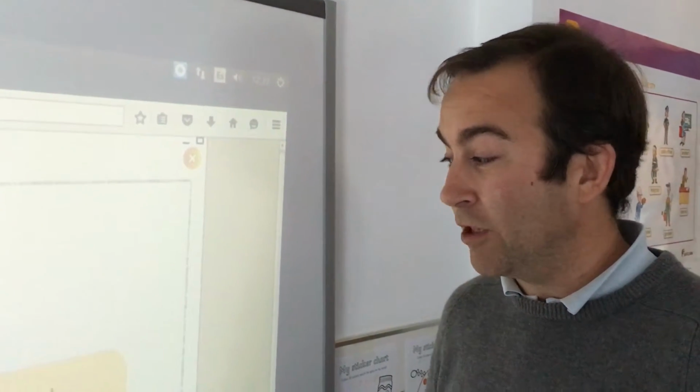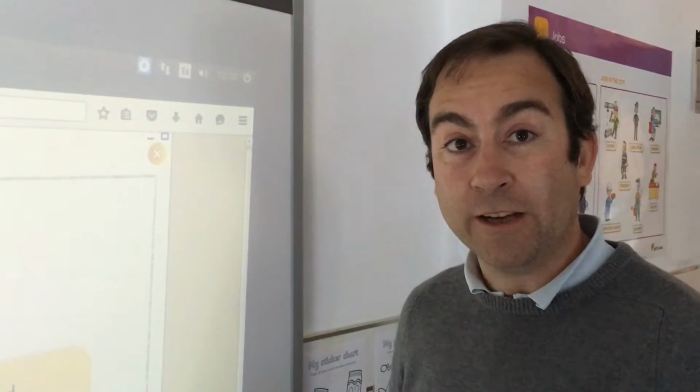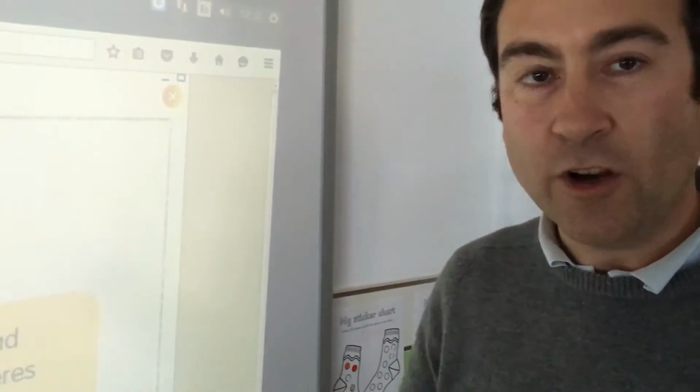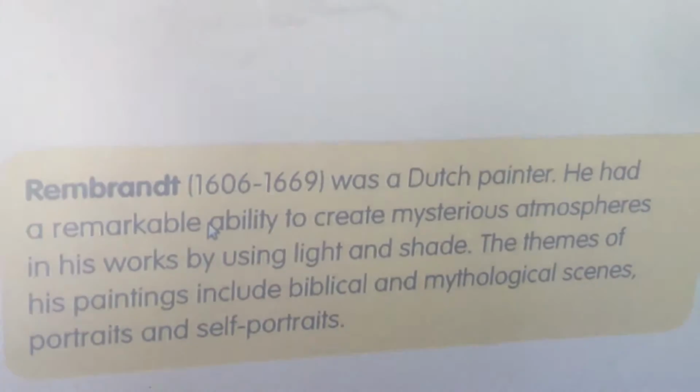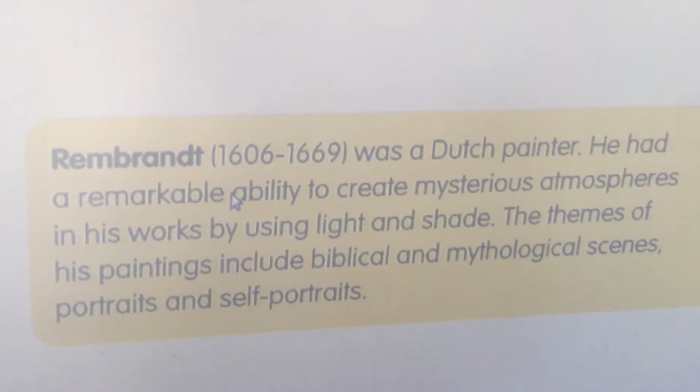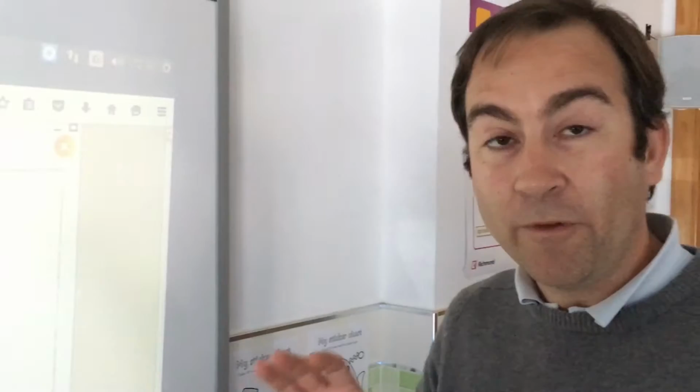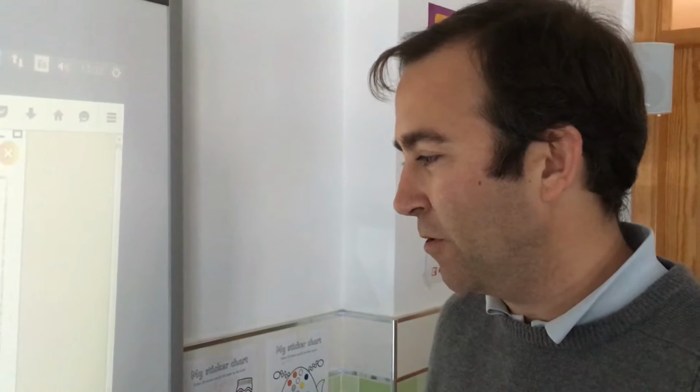So Rembrandt, as you can see, was a Dutch painter. He lived about 400 years ago, and he had a remarkable ability to create mysterious atmospheres. So he played with colors and made people look really as if there was an aura of mystery surrounding them. He uses a lot of light and shade to do that. Some of his paintings look quite dark, therefore the people who've been portrayed on them look almost like ghosts. It gives it a very eerie atmosphere. And the themes of his paintings are usually biblical and mythological scenes, but also portraits and self-portraits of very wealthy